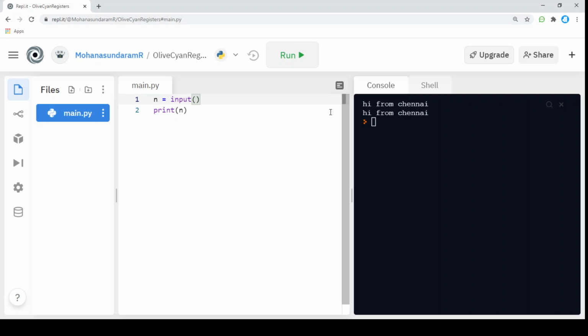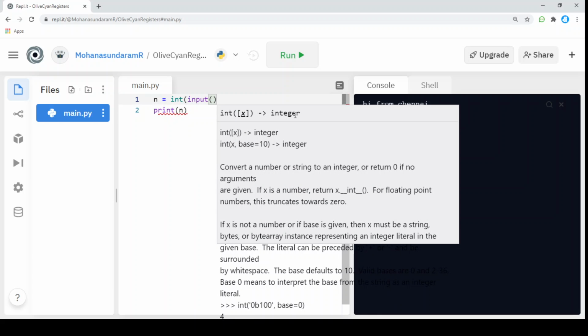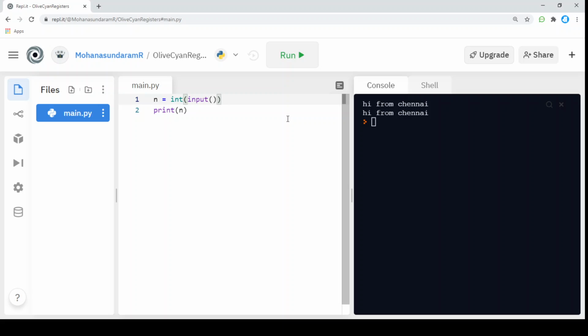Another thing, what if in the condition I want an integer, so the user input should be only an integer, not a string. In that case, I can call int here. I'm going to cover the input with the int function. This syntax will allow the user to input only the integer format.